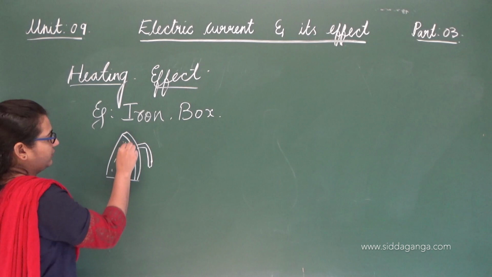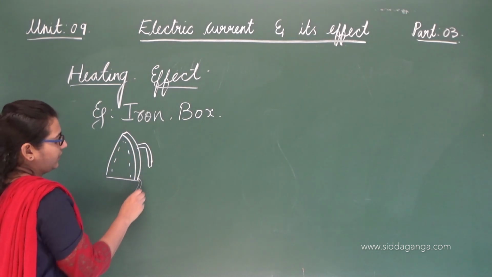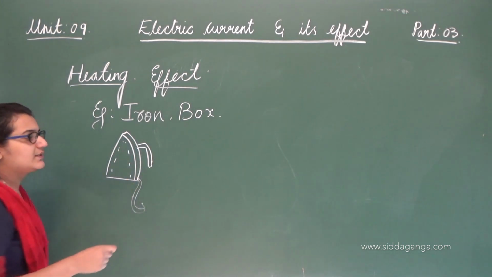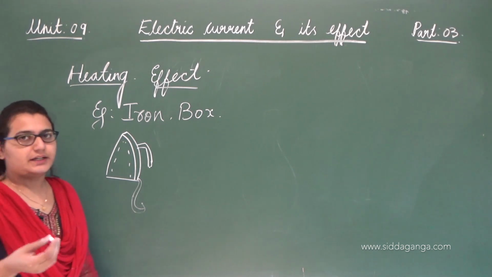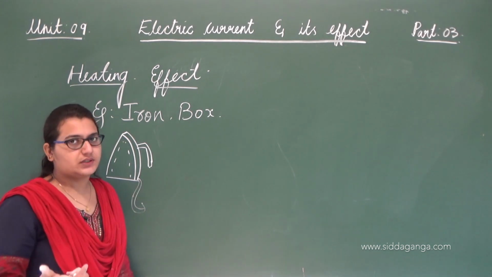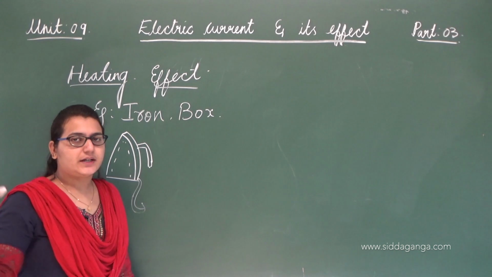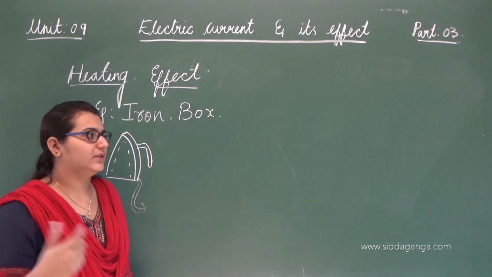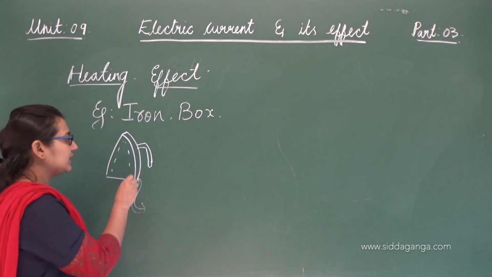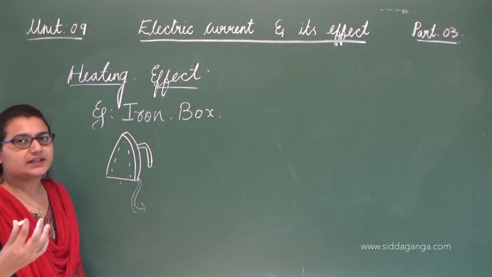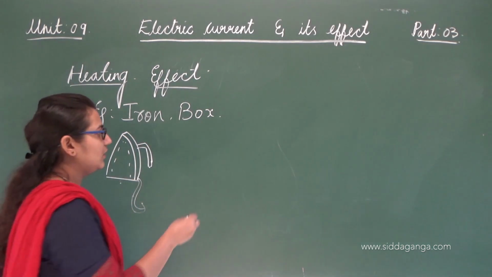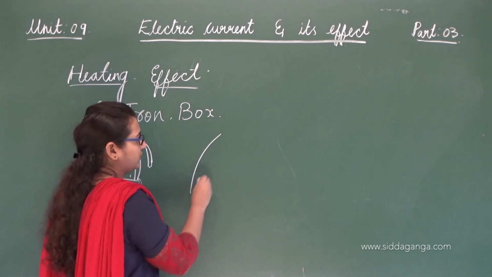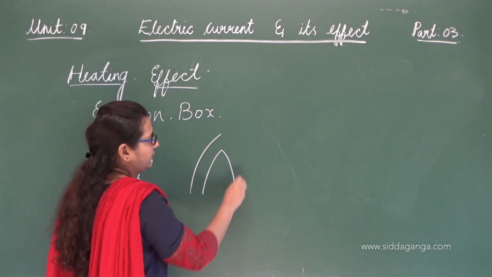If this is the plug, it starts to heat up, and that's how you use it. That's what we need, a heated material, so we can iron our clothes and everything. So what is the reason that this iron box gets heated up? Inside this iron box,